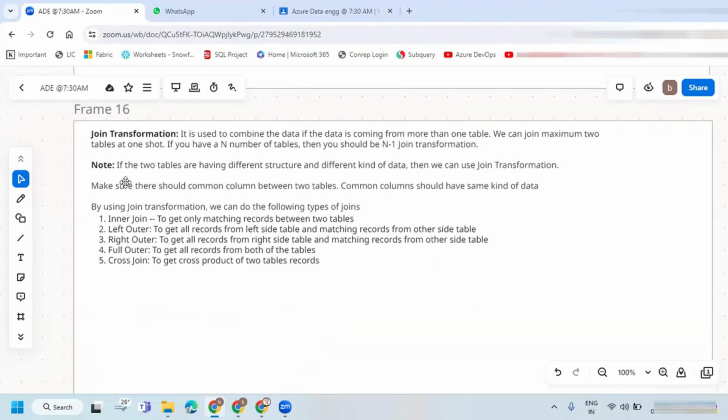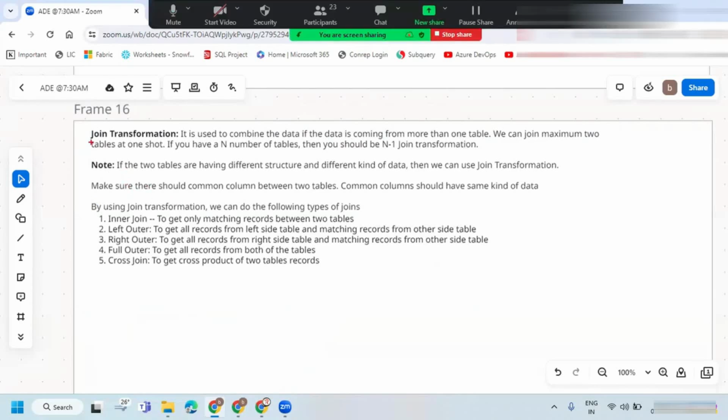We can use this join transformation if the tables have different structure and different kind of data. What I mean by different structure and different kind of data is that when you see the two tables, you can feel the columns will be different between them.